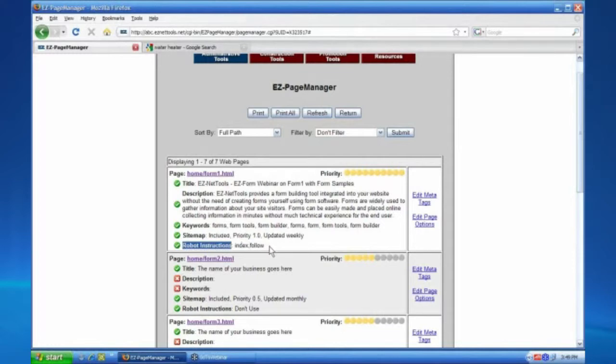Now, if you haven't figured it out already, most of what we're doing right now is for the search engines, and that's really what search engine optimization is all about, and these tools help us with that. We've brought them all into this one place, Easy Page Manager, to be able to work with all of this information at the same time with one update or one edit, without having to waste our whole day. We can do this pretty quickly and efficiently. But robot instructions tell the search engines how to handle this particular page,